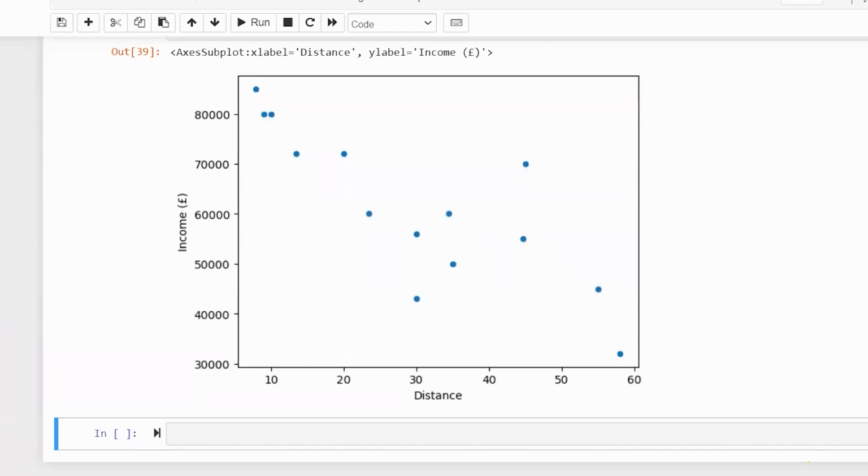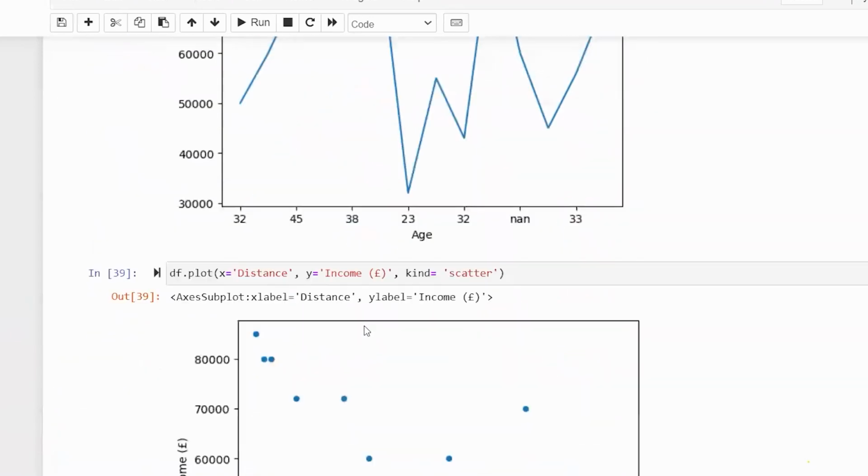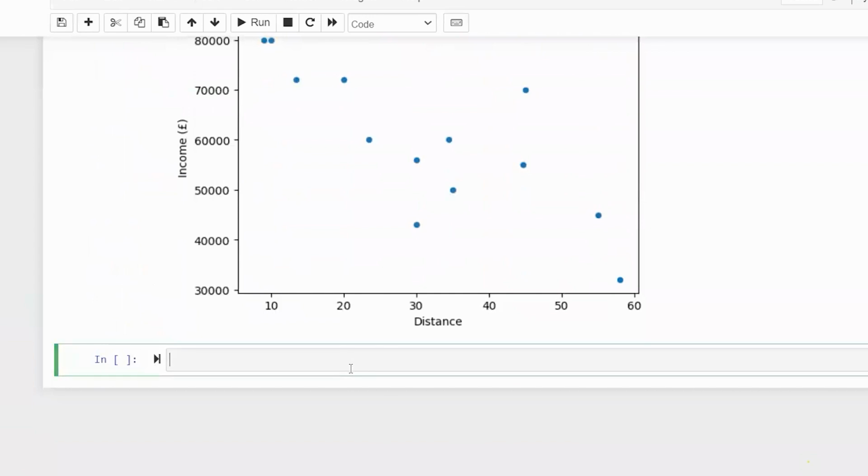You could also do a bar plot. We've done line, so this is a line plot. This is a scatter plot. You could also do a bar plot. So we could do, okay,